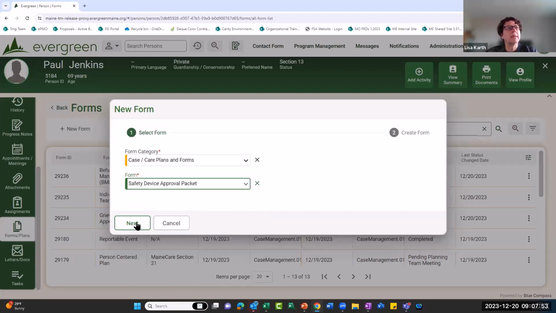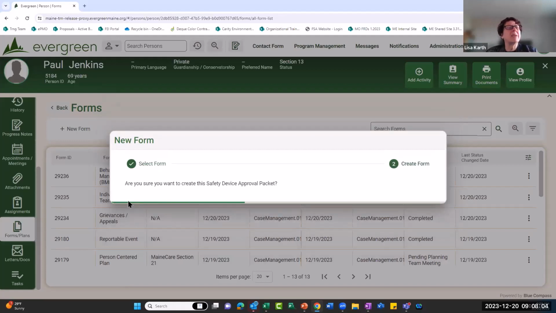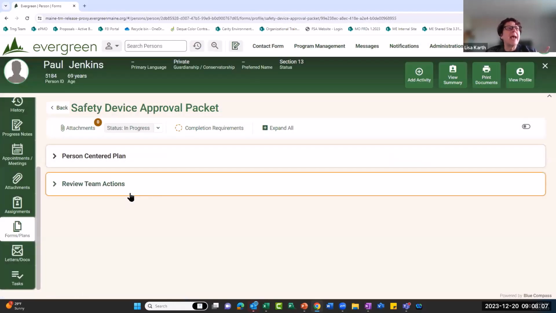And I'm going to click next. I'm kind of disappointed that I've known all the categories up to this point. I would have liked you to have seen me search for the different ones. Now I'm going to click save because I want to get this started. And actually,